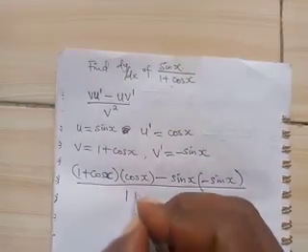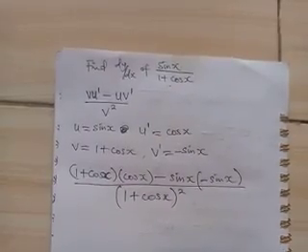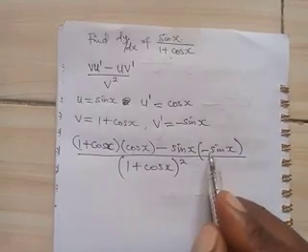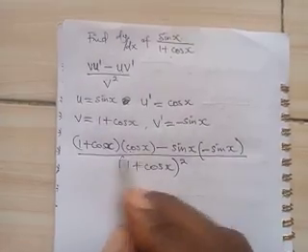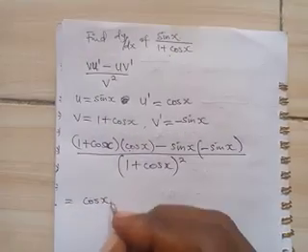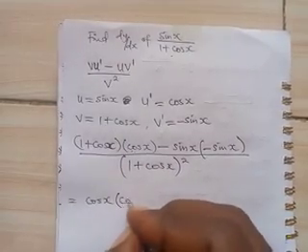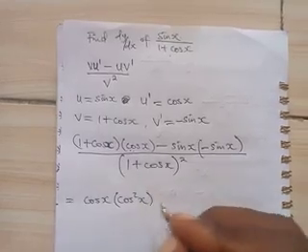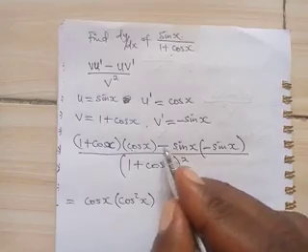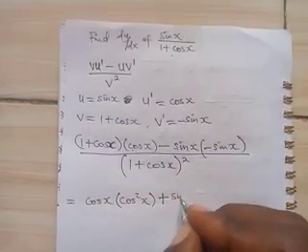This is our v, 1 plus cos x all squared. Now, we multiply out. Cos x times 1 will give us cos x. Cos x times another cos x is going to give us cos square x. That's for this side. Here we have negative sine x times another negative sine x will give us positive sine square x